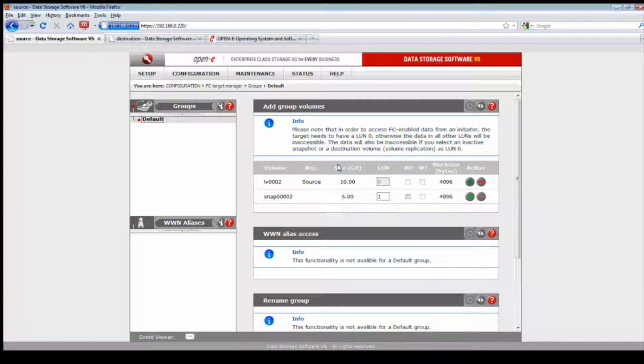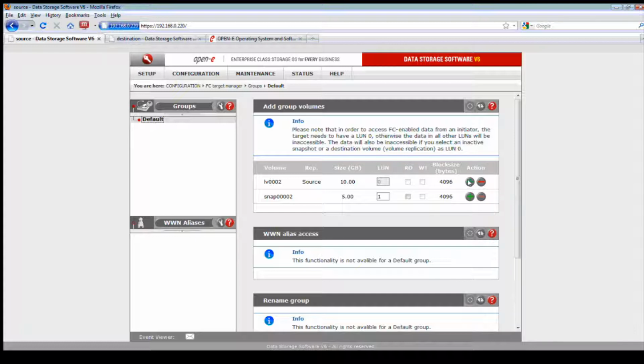Here's the default group, which is more of the public group. I can make private groups and specify worldwide known alias names, which are the addresses on the Fibre channel HBAs. But for this purpose, what we're going to address is how to perform this volume replication, fail over to the destination, and still be able to access our data.